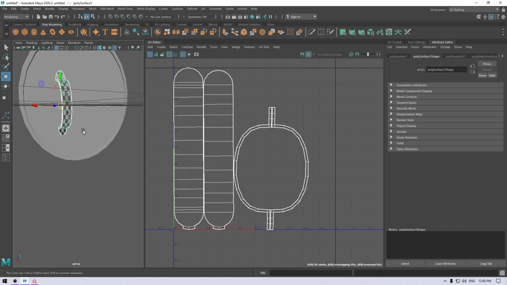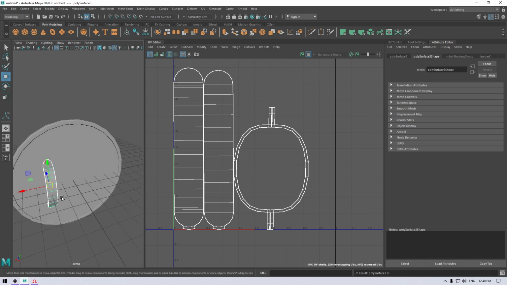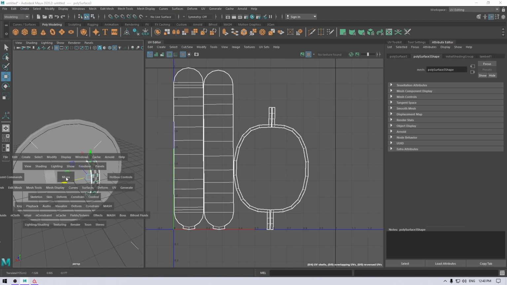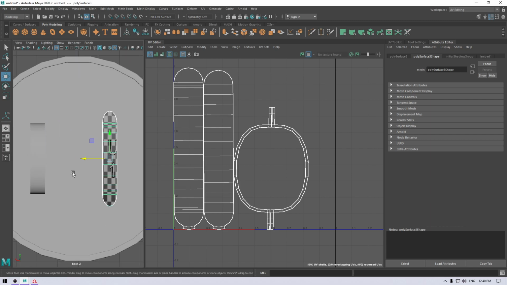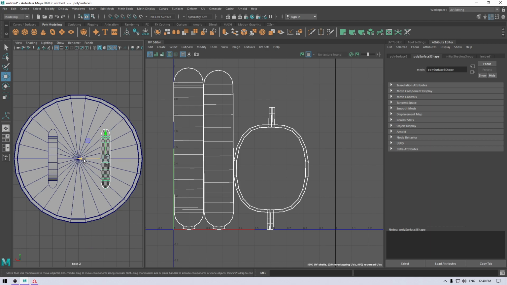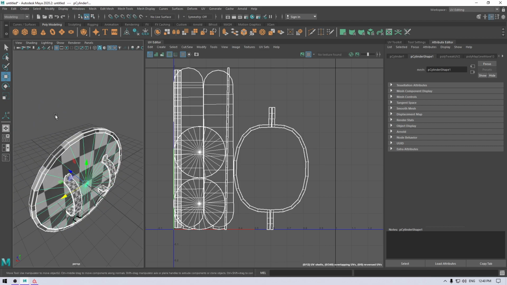Now select a belt and press Ctrl D to duplicate and place it here. Now select all of them and combine.